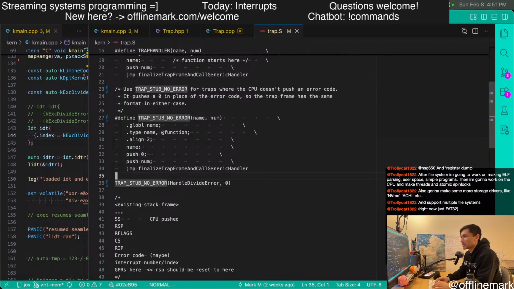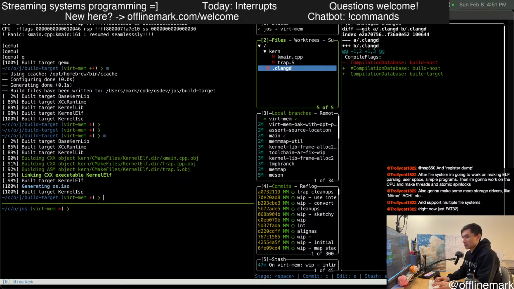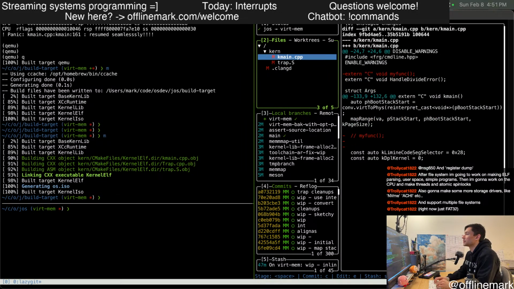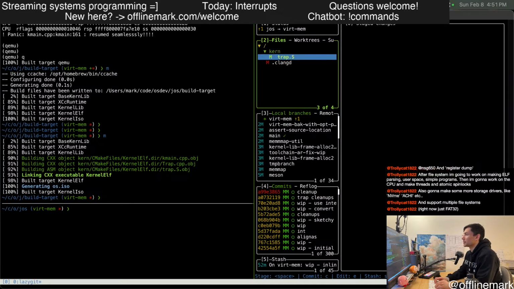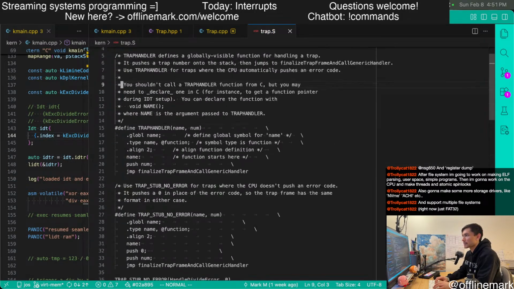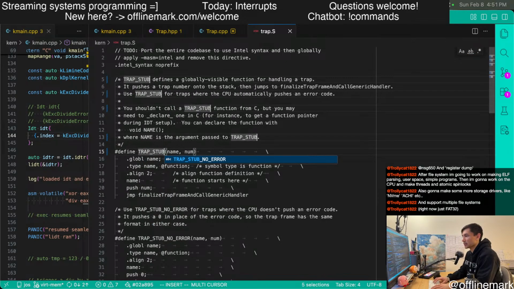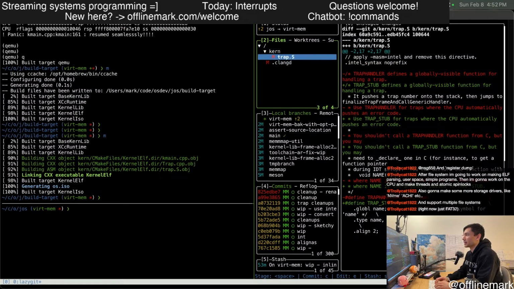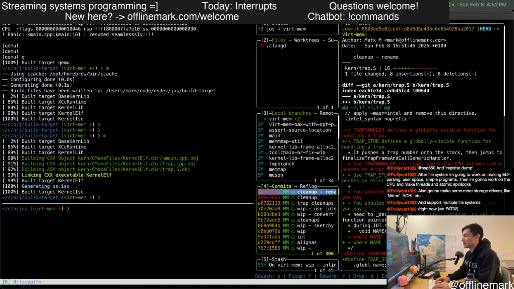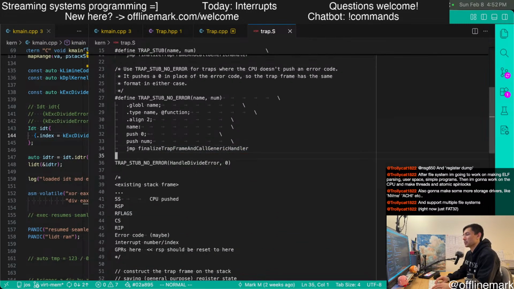Is that good enough? Okay. So I'm just going to quickly clean up, rename. Okay. Actually, this thing also, trap stub. We'll just call this trap stub. I don't know if trap is necessarily the idiomatic word here, because trap has a kind of specific meaning, but whatever. Okay, so we're going to